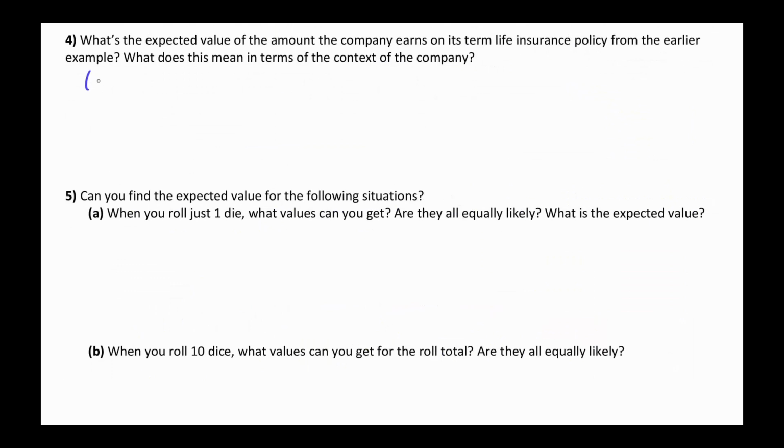Back at question number 4, it would be negative $99,750. That means they're paying that much, times the probability that goes with it, 0.00183, plus the next payout, negative $99,500, times its probability, 0.00186, plus next payout, negative $99,250, times 0.00189, plus